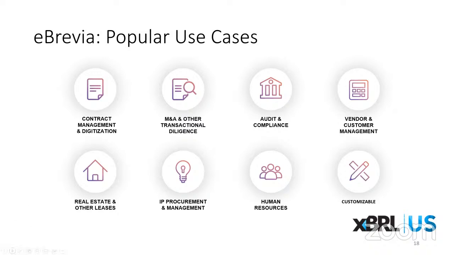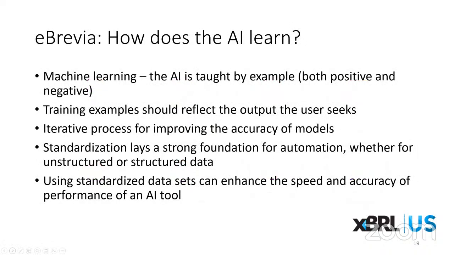Before we dive into an actual walkthrough, I've got some screenshots of the system. I wanted to spend just a little bit of time digging into exactly how eBrevia's AI learns and chat a bit about standardization. So when eBrevia's AI is taught to identify a new legal term or clause, it's given examples of what that clause looks like in the context of documents that are similar to those that the user ultimately